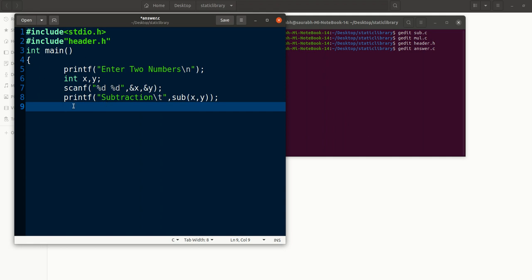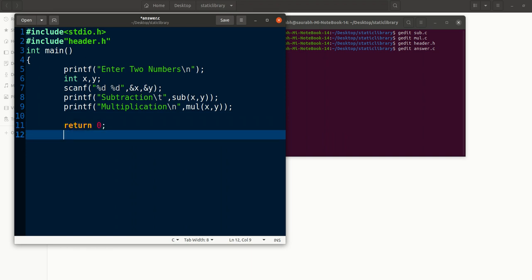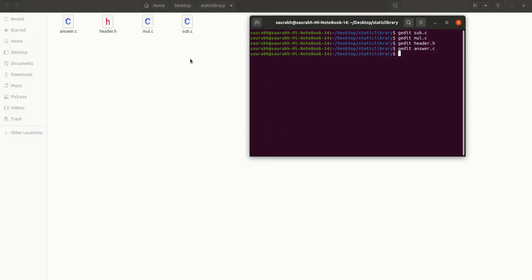Then again we will write the same statement, now calling multiplication. The name of the function is mul. Then \n for next line. Now return 0, closing the braces. So this is the code for reading the variables and displaying the output. So we have 4 files now.